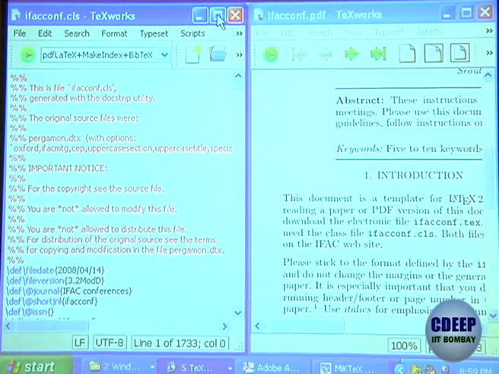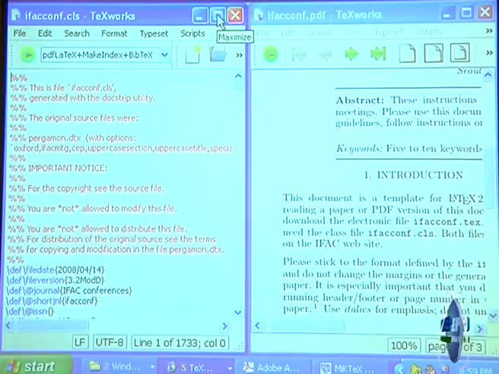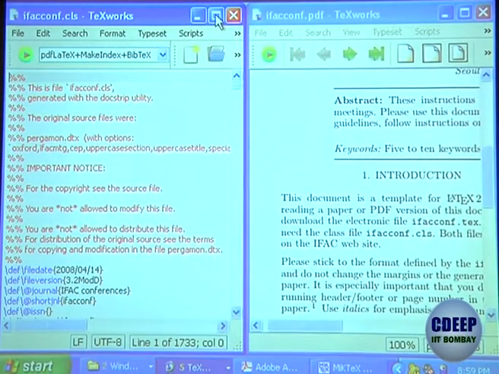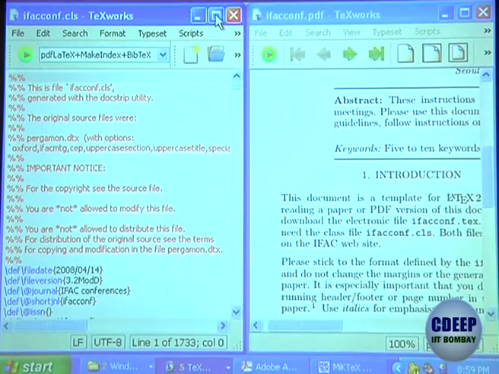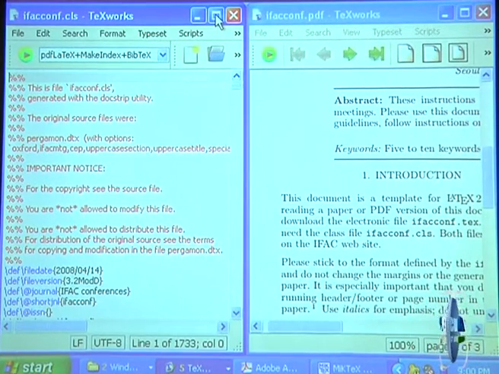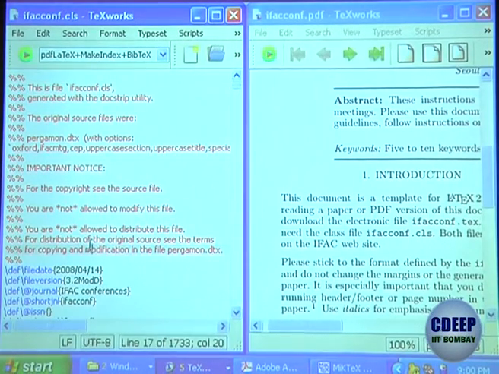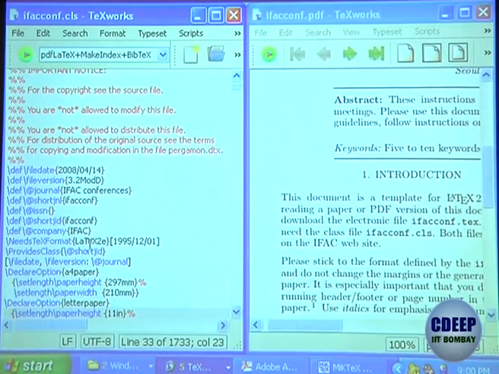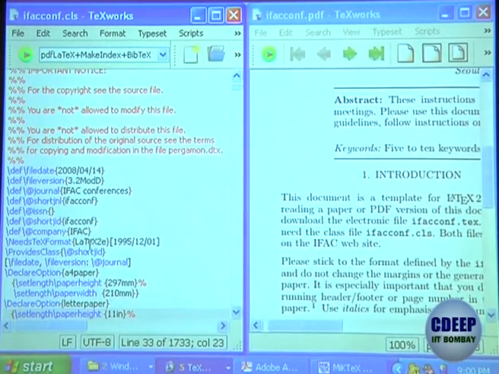If you notice, most of the standard files that are generated by any company or anyone will always start with 100 lines of comments, because they want to make sure that when the person changes, the other person understands what is written. So they will always start with comments. So you can see this is a class file generated by something, with original source file names, what the previous version was, and here they have written the date format and all. Okay, this is the file date, file version, and journal, that is, the name of the journal.